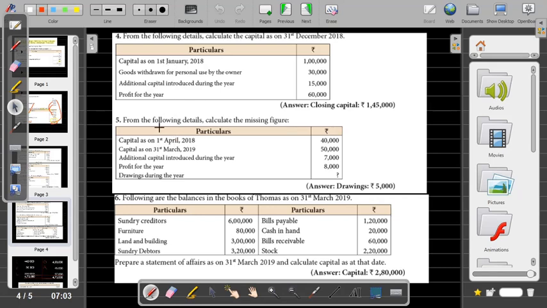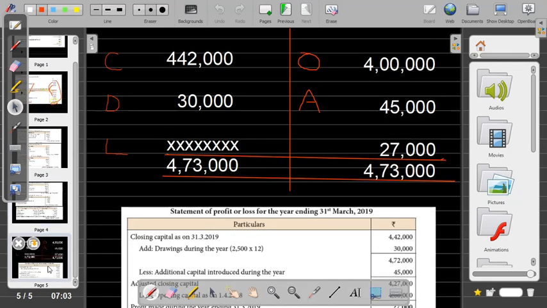Now all this is based on that particular formula which was taken. Now another short method also I can teach you. This is usually a very short method where you can follow this to see whether your sum is correct or not. You are going to write the starting letter of all these items given here. C, that means closing capital. O, opening capital. D, drawings. A, additional capital. L is loss.